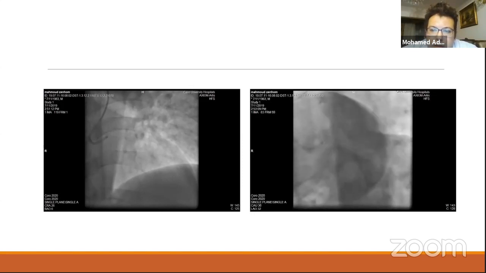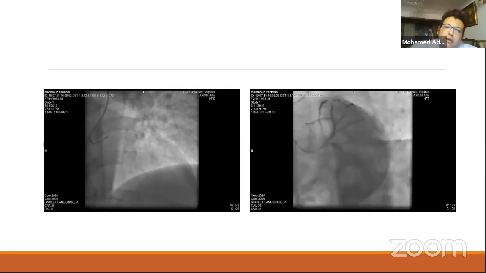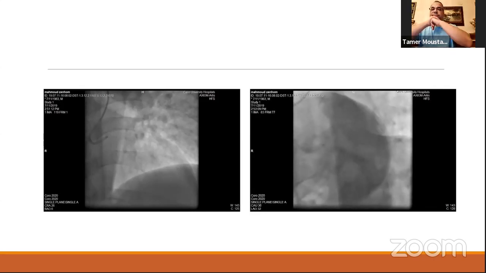Actually, the patient also has ongoing ischemia, ongoing chest pain, not improving at all on nitrates, antiplatelets or anticoagulation. My point, I started with wiring of both lesions, LAD and circumflex.